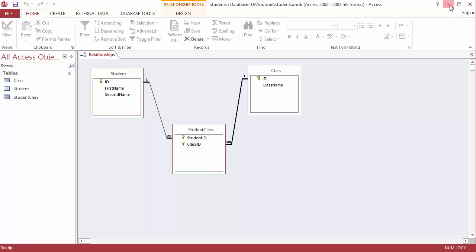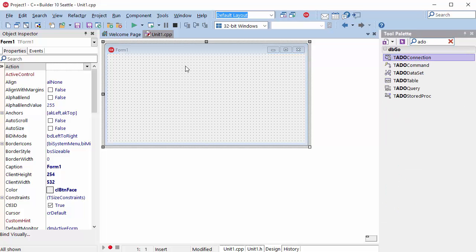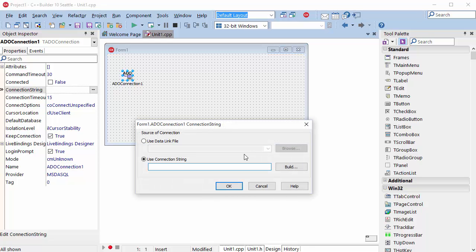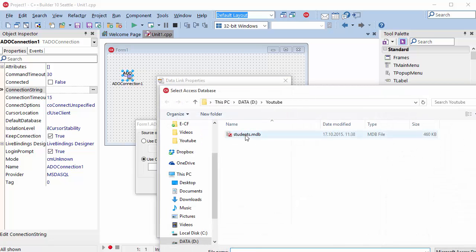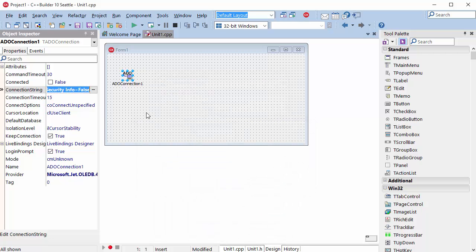Now when I have my database, I'm going to create an application. So I need a connection component and connection string. I'm going to build up my database. These are students table, test connection. Okay, I'm going to name it connection,